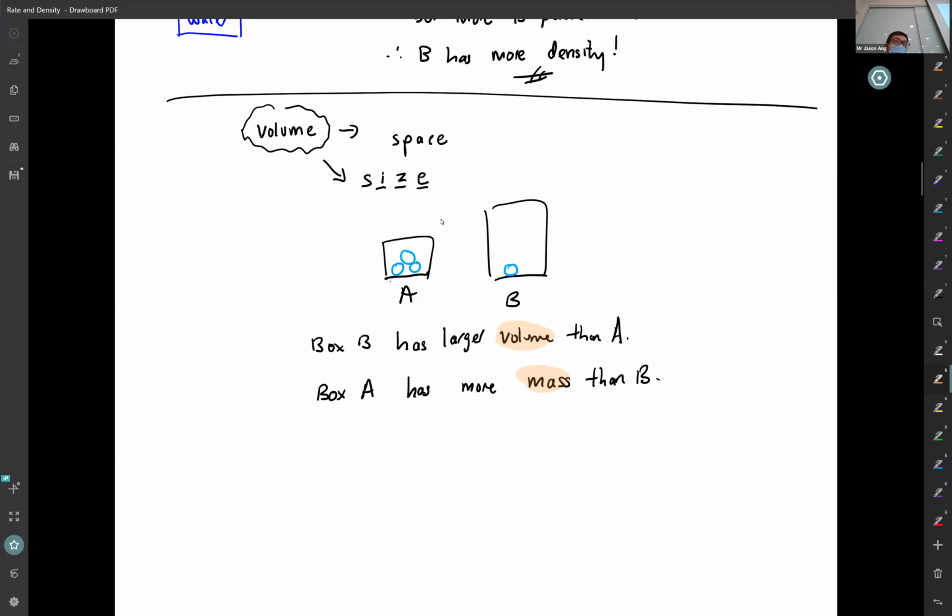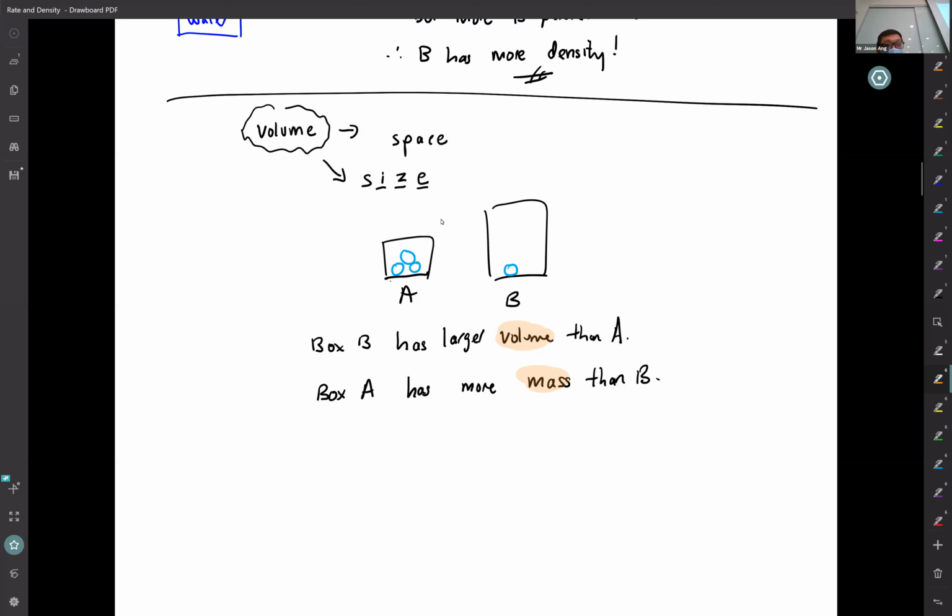Sometimes we joke about this. It's recorded, doesn't sound nice, but I will say that. Sometimes we look at a person of very big size, and we say, why is he doing some stupid things? Obviously, a lot of the space in his head didn't go to the brain. It's got a lot of size, but the mass of the brain is very small. In the army, we always tease people. If we see a muscular person doing stupid things, then we will say his head is full of muscle, not full of brains. Okay?